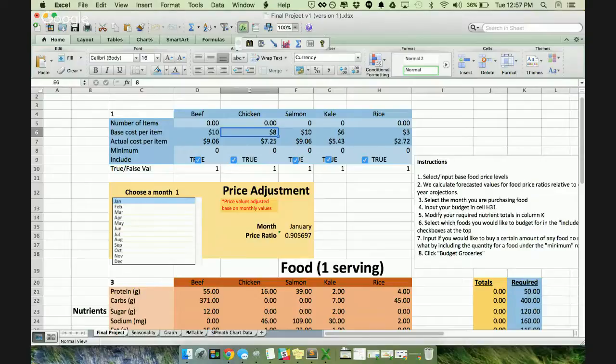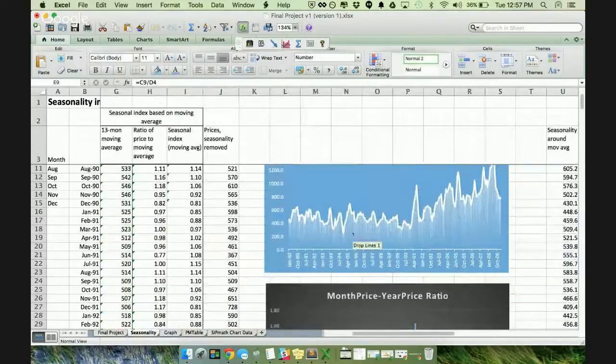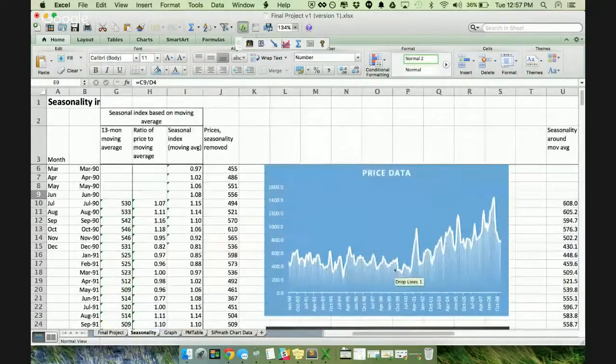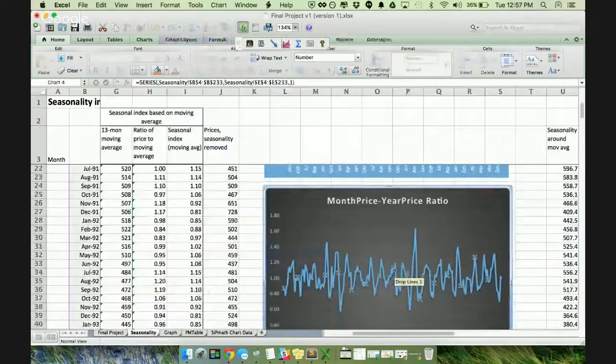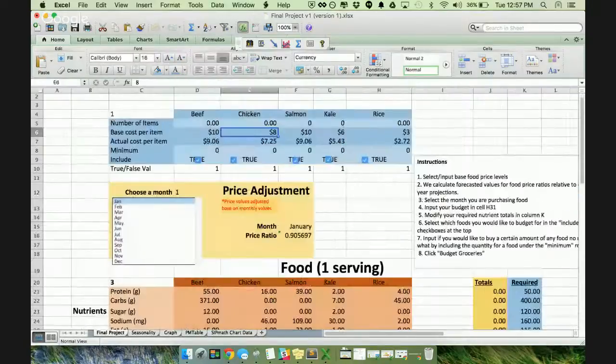Using seasonal values for food prices in the last 10 years, we generate a month-year price ratio by comparing actual month-by-month values to the calendar year values for food prices. From there, we deseasonalize the data by dividing the month ratio against the monthly average and generating a resulting forecast value for some month based on these month-to-month predictions. The user includes base costs for food items, and the model will generate an actual cost based on the seasonal